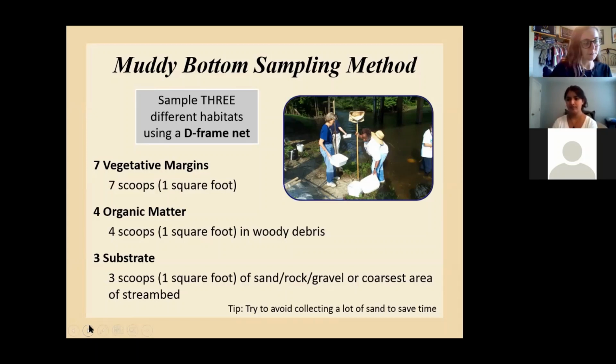If you take a sample and have just a big pile of mud or sand, that's going to be really hard to sort through and take a long time. I have to send that video or post it somewhere. I think it's on our Instagram page, but it's a process called elutriation where you can sort out that substrate and pull the macros out from there. We can share some more information about that.